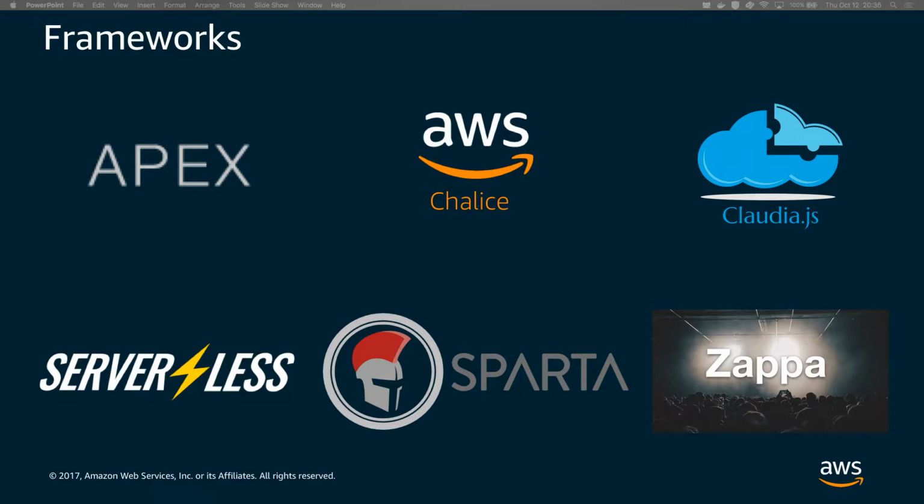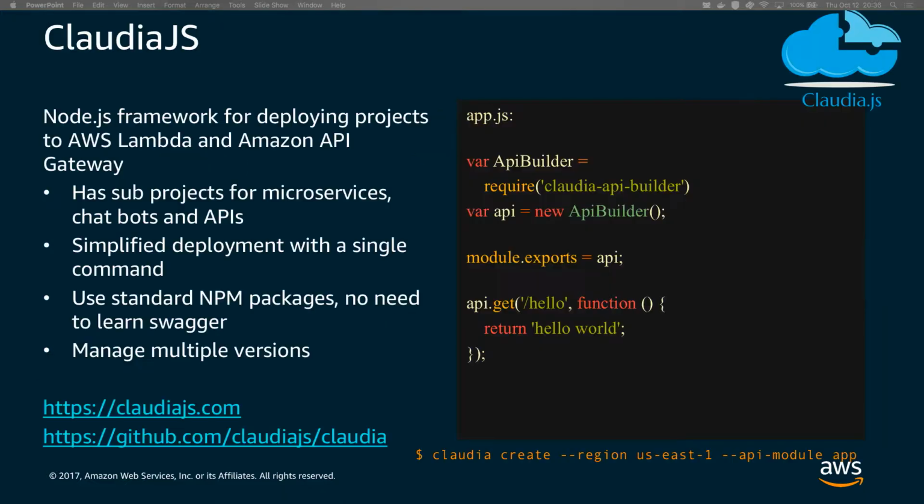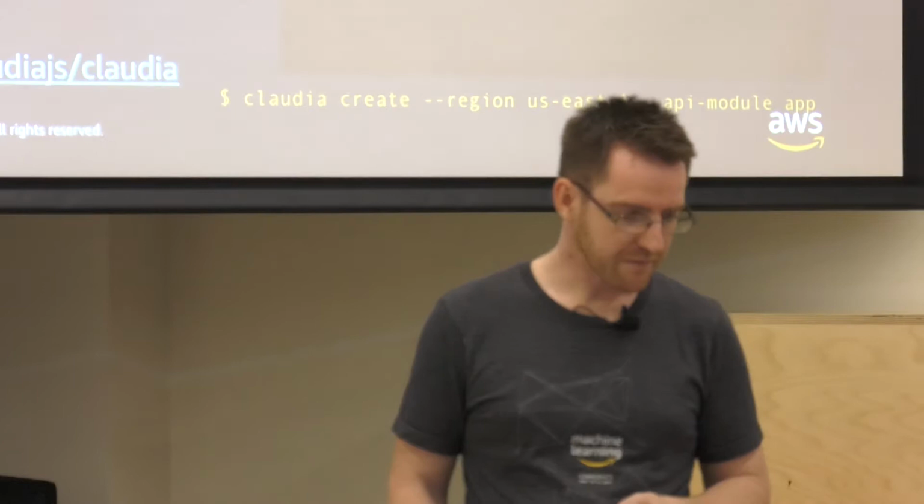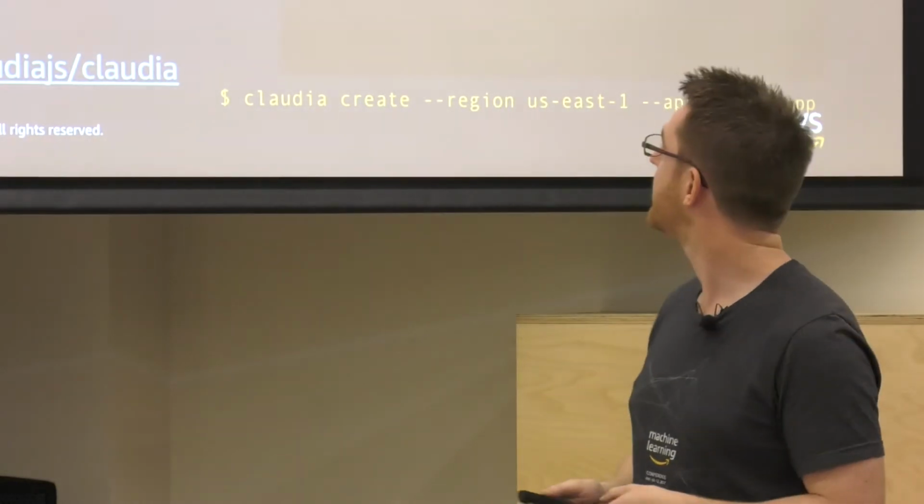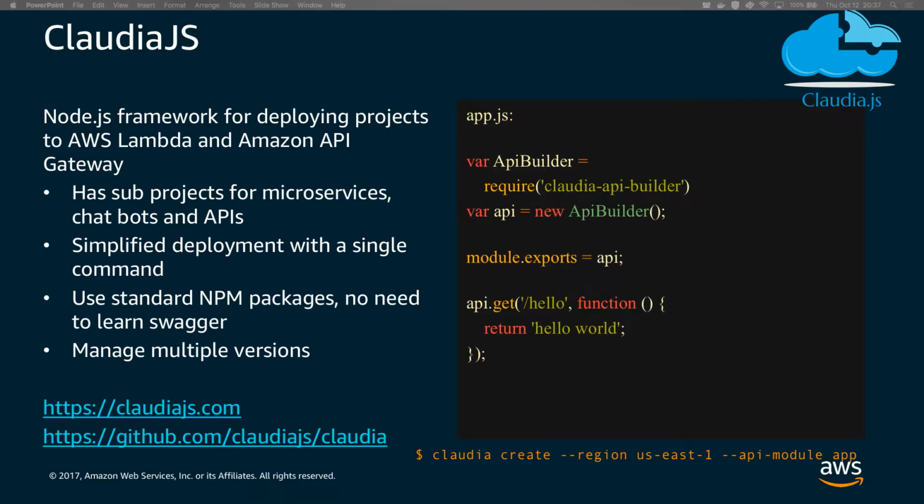You'll see a few, like Serverless, for example, is a very common framework. We've got AWS Chalice, things like Claudia as well. Claudia is a Node.js-based framework, and with that one, you build it much like you normally would in an Express format. And you just then mount your API endpoints. And you have effectively things like this API endpoint here, where you just, in this case, say /hello world.